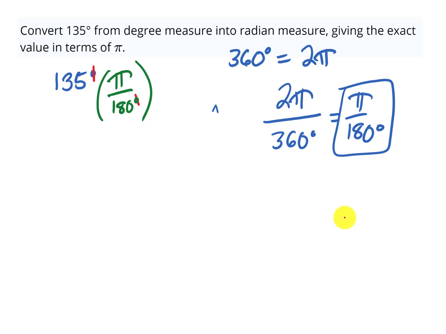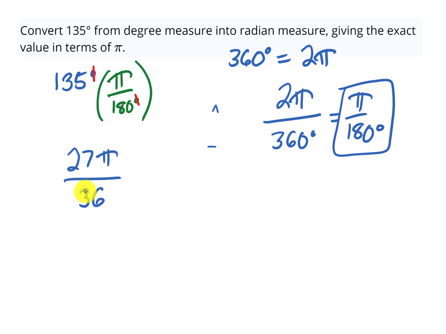I see that they are both multiples of 5, so I'm going to divide 5 into 135. It'll go in there, let's see, 2 times and then 7, and then I still have the pi, and 5 will go into 180, 3 times, leaves me 30. 5 will go into 30 6 times. So this is the answer, except you always want to put it in reduced form, and I can see that